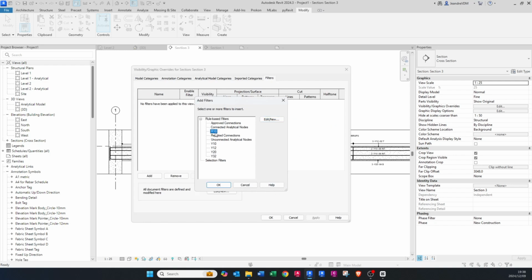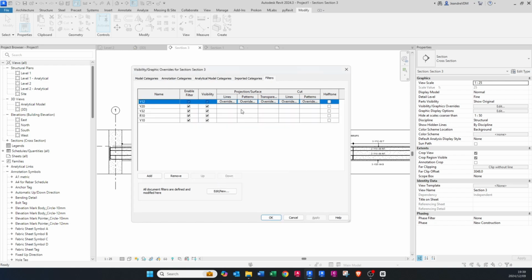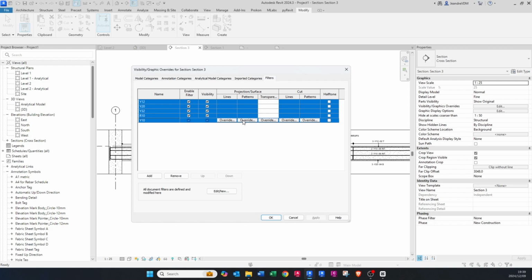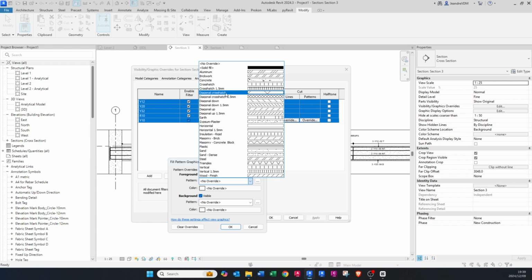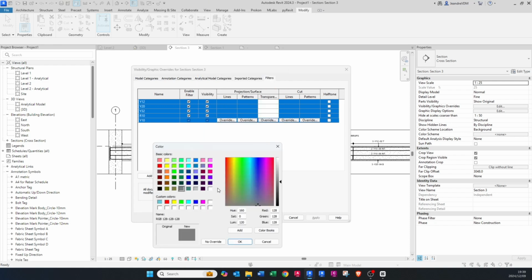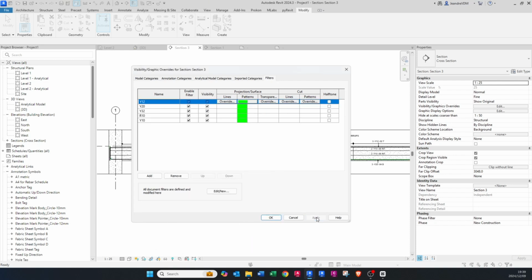Now I want to add them, so I click on that one, hold Control on your keyboard and just click with your mouse. There you go. Now I'm going to click here at the bottom and hold Shift on my keyboard so I can select all of them. Go to override the pattern. The foreground, I want it solid. In the color, I want it green. And I say apply. But now I'm just gonna put this in order